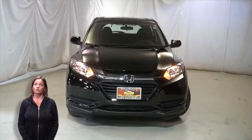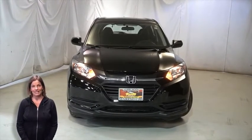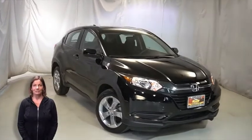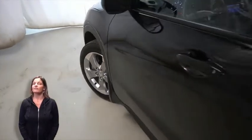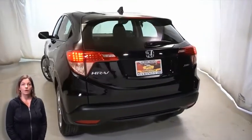Looking for a functional, compact SUV with reliability and safety for the whole family? Then take a look at this 2018 Honda HR-V LX Black Crystal Pearl. With automatic headlamps, electronic stability control, 17-inch aluminum wheels, brake assist, shark fin antenna, rear window wiper and washer, front